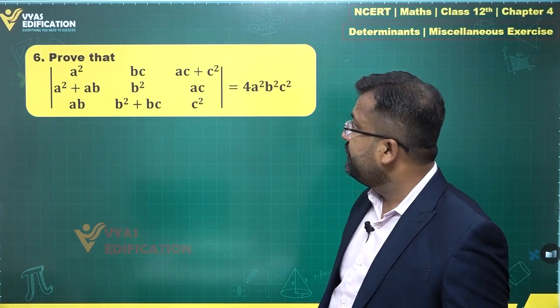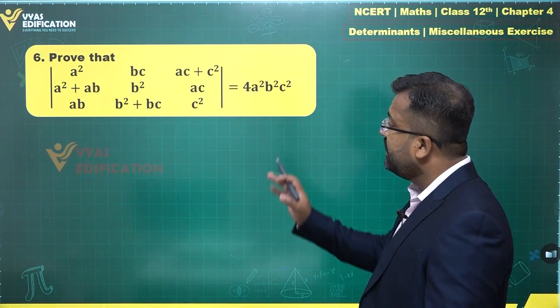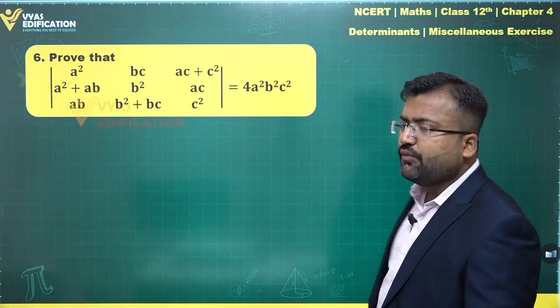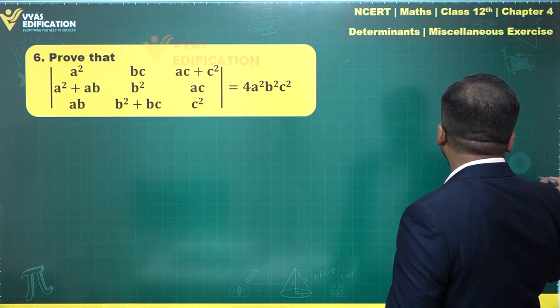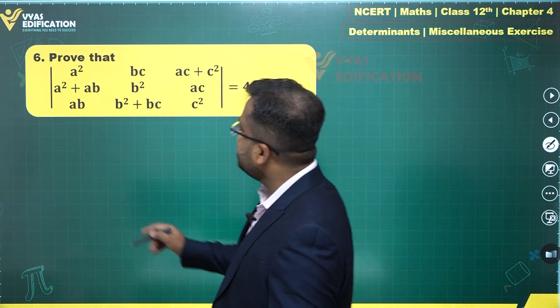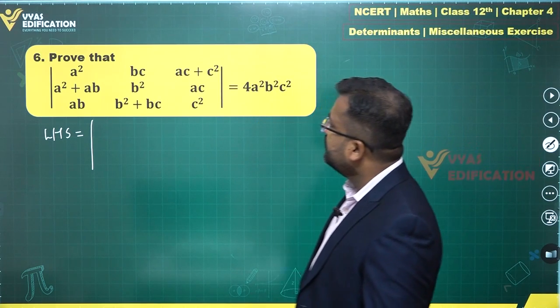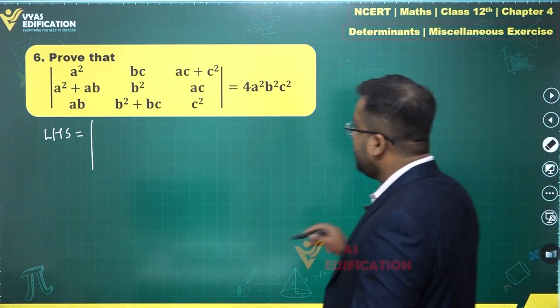Let's discuss this question. The question says, prove that the determinant a square, bc, ac plus c square, a square plus ab, b square, ac, ab, b square plus bc, c square is equal to 4a square b square c square. Now, how are we going to do that? Observe that in the LHS we have this determinant, and before we write anything, let's observe that we can take out some